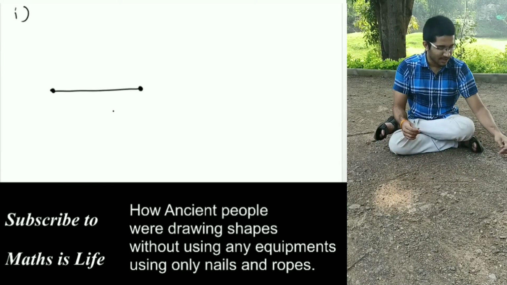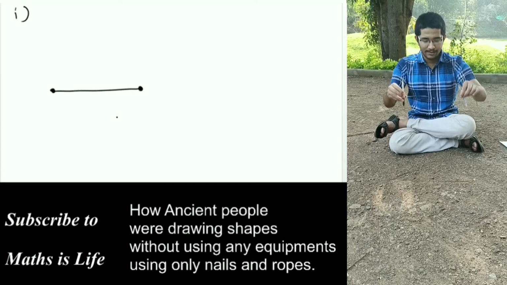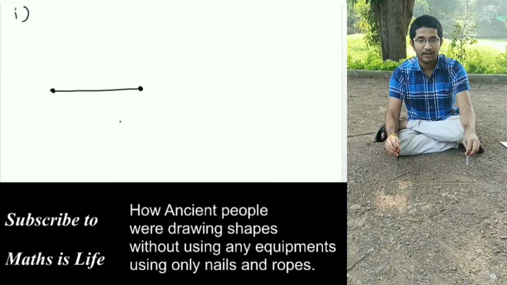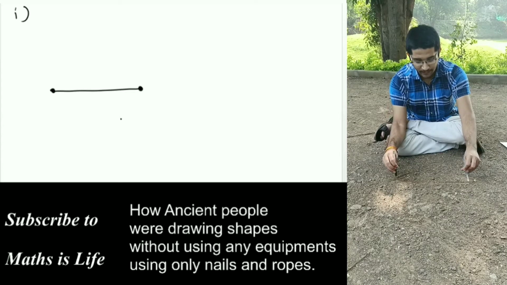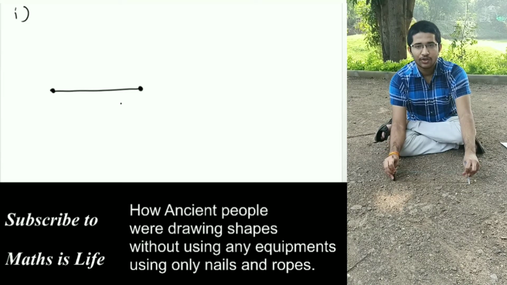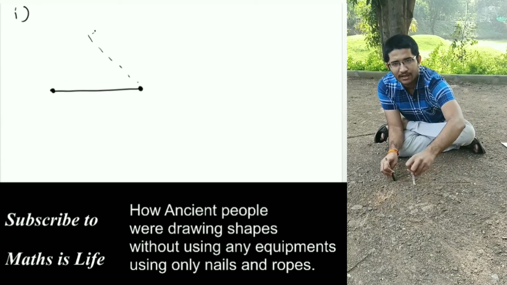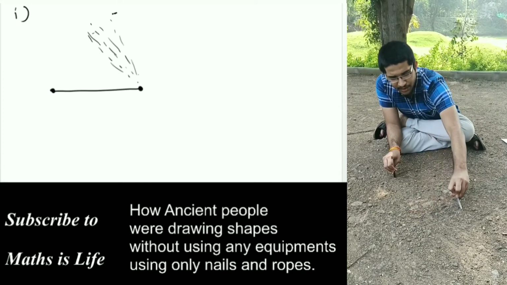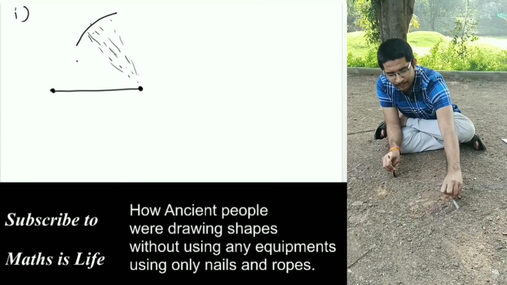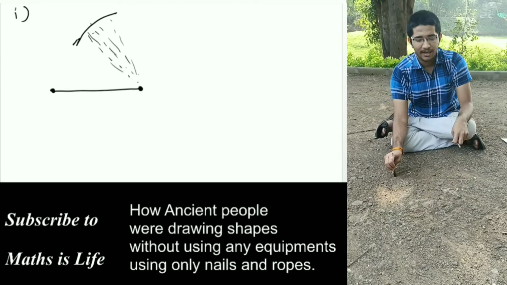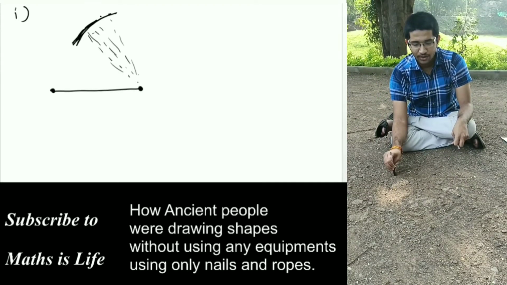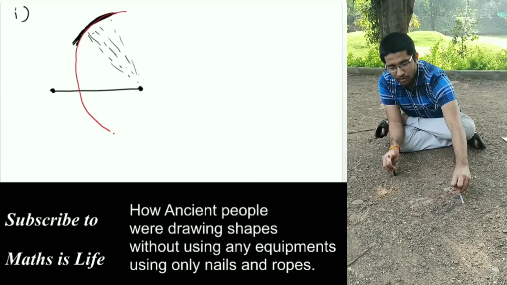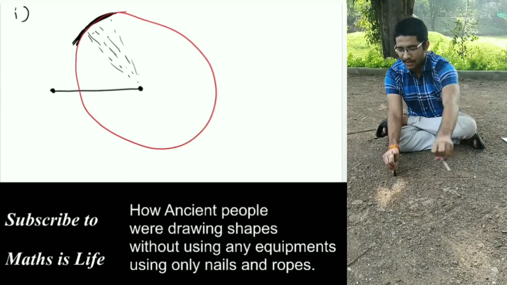Then we will take the same distance on this rope using two nails. Now what is the equilateral triangle? Equilateral triangle means all sides of the triangle are equal, and there are three such sides. So there is one side somewhere here. Where it is, we don't know till now, but we know that point should be here on the arc of this circle. Remember, I am again and again saying arc of circle because we are drawing an arc, but in the ancient period the people would draw circles completely. Complete circle they drew.